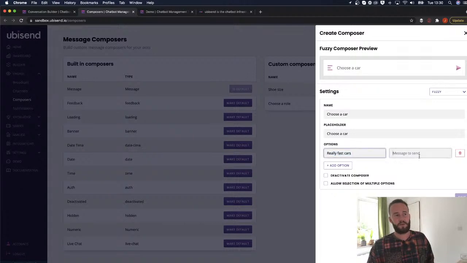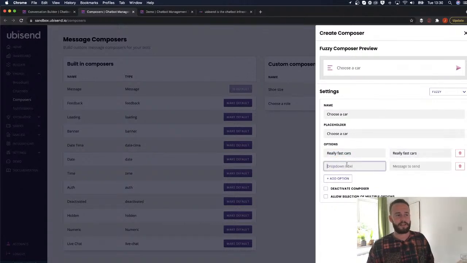And then that's the option, and for us it might as well send the exact same thing. This is the nice thing, the label of the different drop down can actually send a different message to the chatbot, which is obviously quite nice. Say if you want to shorten it, so you actually have quite a complex product. So let's say, for example, of really fast cars, you might have 4-door cars, but you actually want the message that it sends to the chatbot to be incredibly great 4-door cars with extra